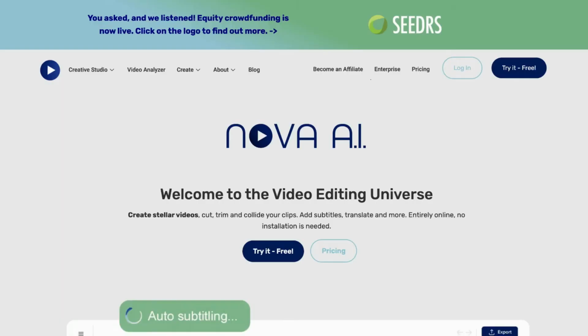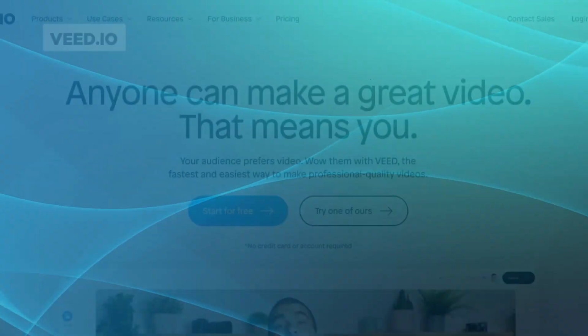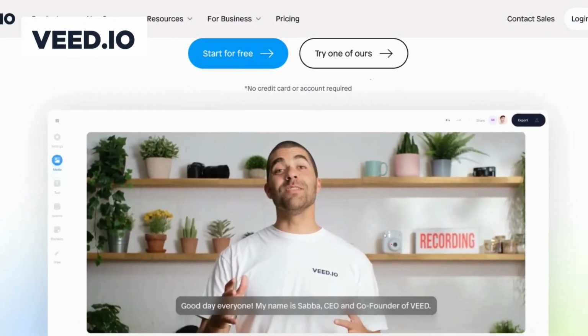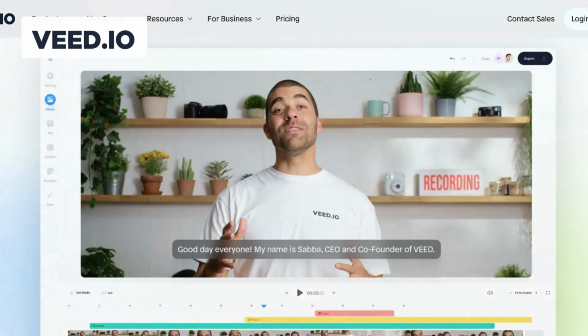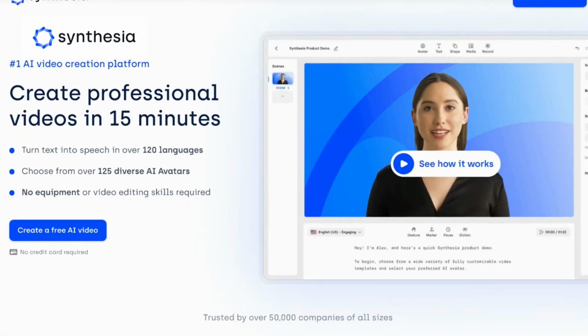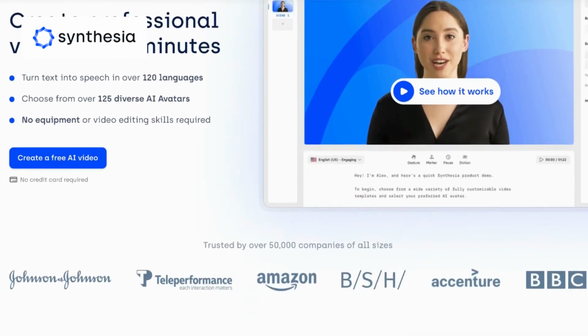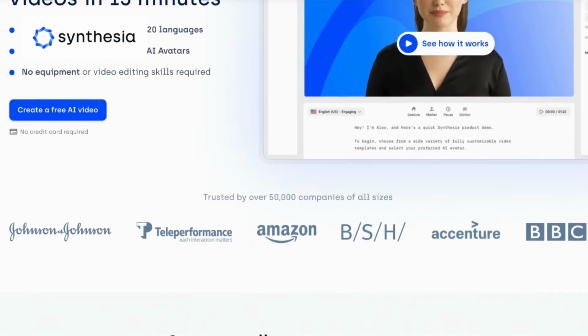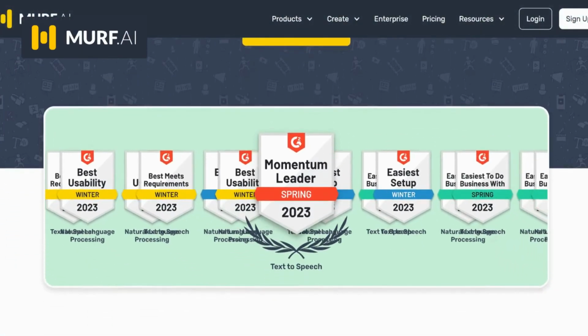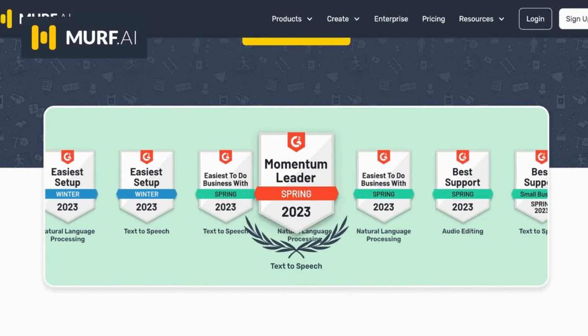Compared to Nova AI, Veed IO focuses primarily on video editing and provides robust editing capabilities that can enhance your video content. Synthesia, on the other hand, emphasizes automated video creation, making it an excellent choice for creating personalized videos, tutorials, and more. While Murf specializes in generating engaging and persuasive content, such as blog posts, social media captions, and ad copy,